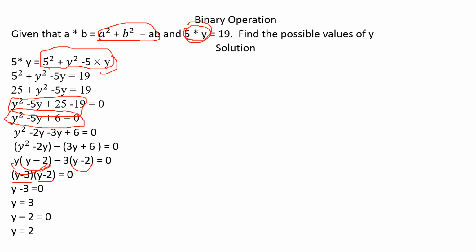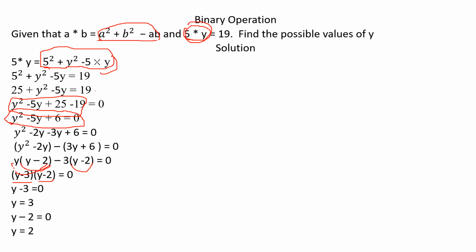Now, for us to know that these are the real values of y, we can substitute them into this equation, right? So doing that, we can put in place of y in this equation,